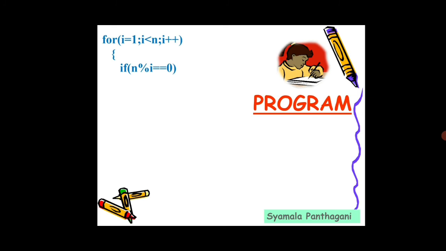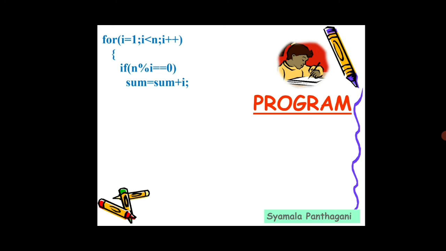Now come to the execution part, that is the calculating part. What we have to calculate here, we have to find out the factors of the given number. Same logic as the prime numbers logic here also. for i = 1 and i < n only. Don't write i less than or equal to. We did not add the number itself. That's why we just write i < n and i++, open braces. if n mod i is equal to 0, sum = sum + i.